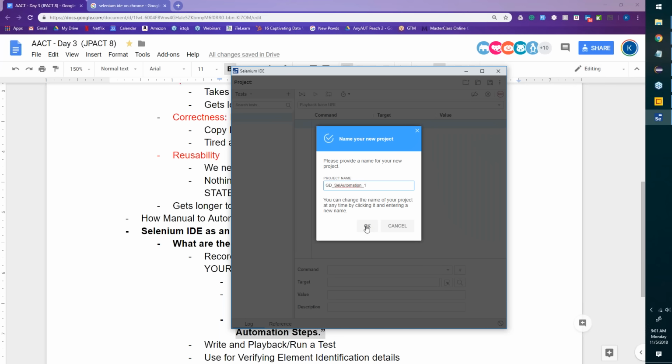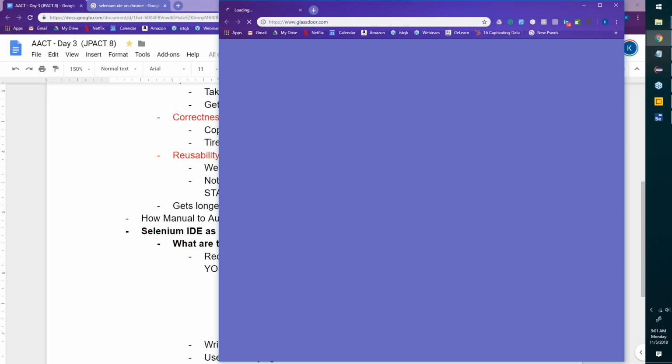I think so. What is the website? https://www.glassdoor.com. Ensure that you always try and take that effort to give the full URL, team. Some tools may accept, some tools may not. So if you see that there's an issue by just giving glassdoor.com, then give the full URL. Now I'm going to click on start recording. At this time, Selenium IDE launched a new browser, and it has actually navigated to the web application called Glassdoor.